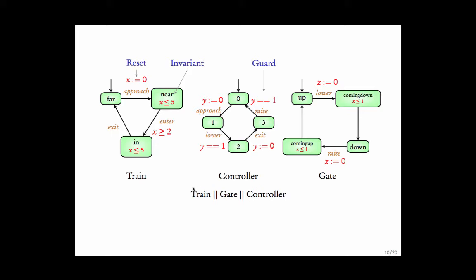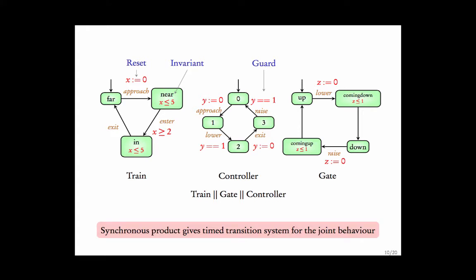And now you can use the usual composition operator for these timed program graphs. In some sense, these are program graphs with timing constraints. And the synchronous product will give the timed transition system for the joint behavior. By synchronous, what we mean is initially the system is in far 0 up. When there is an approach, far goes to near and 0 goes to 1, and then both the clocks are